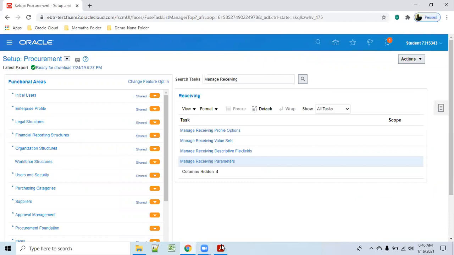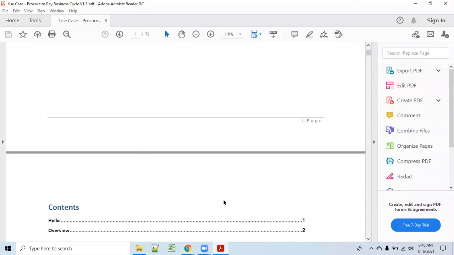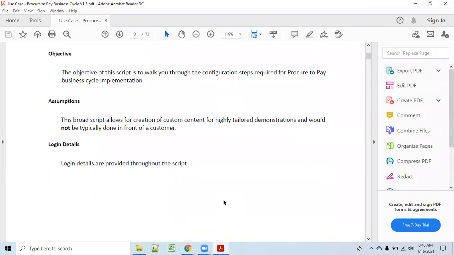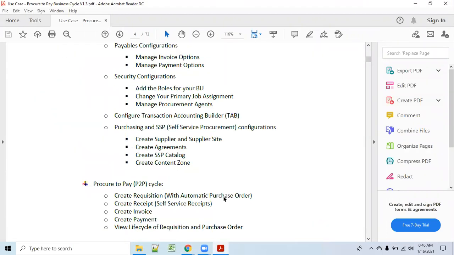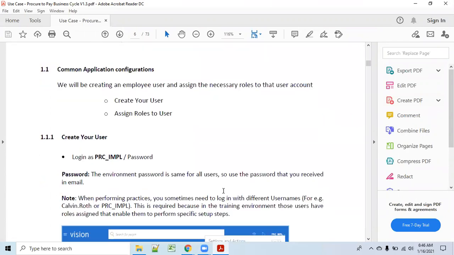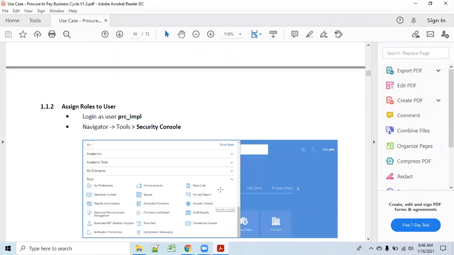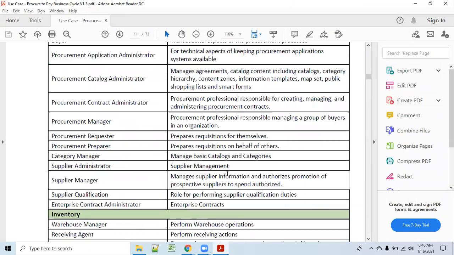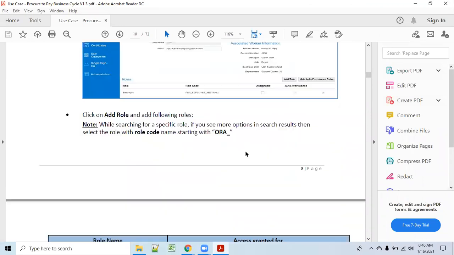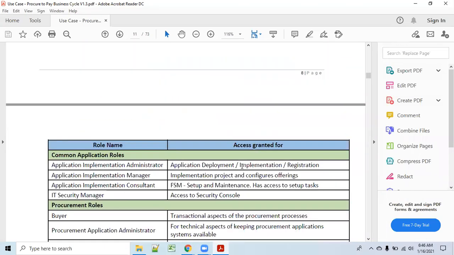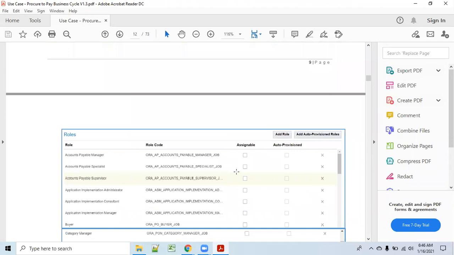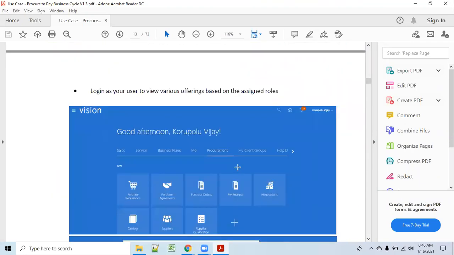Now let us go to our test case, the use case. See this one, the creation user and all. I don't know whether you are done or not, but this is just to understand what is happening, so that whenever anybody asks, you are in a position to give the answers.